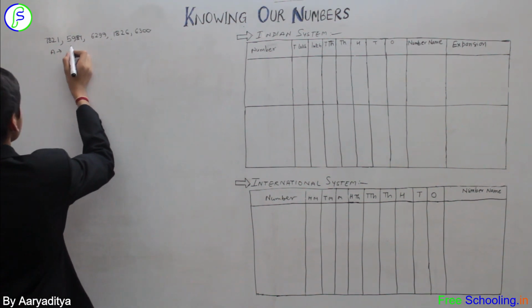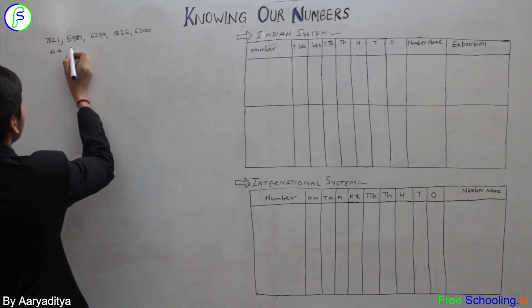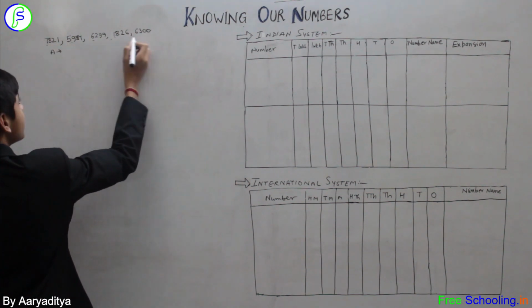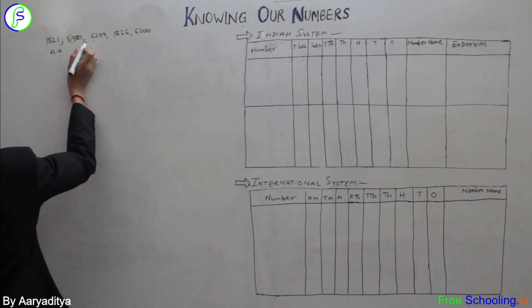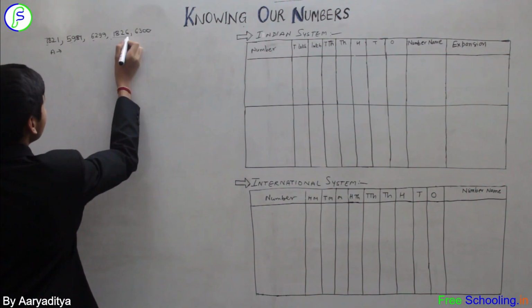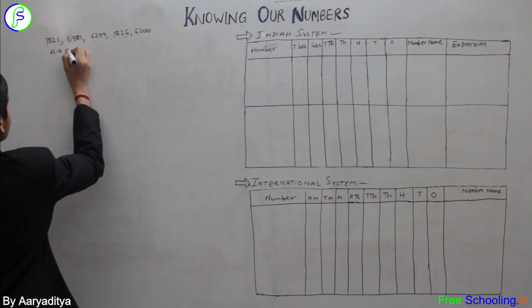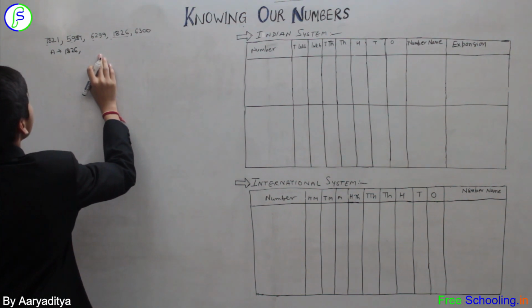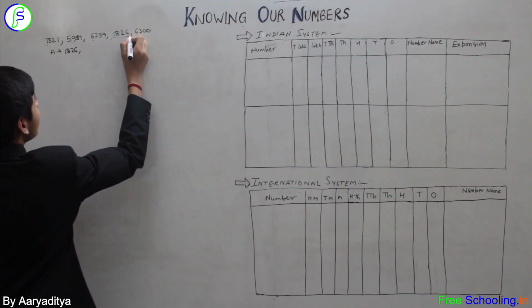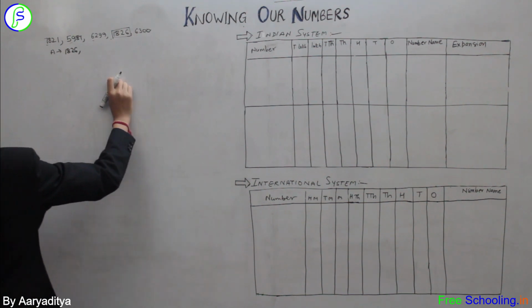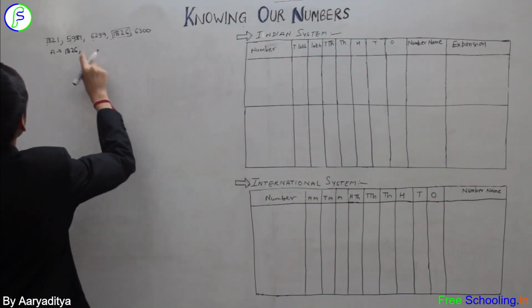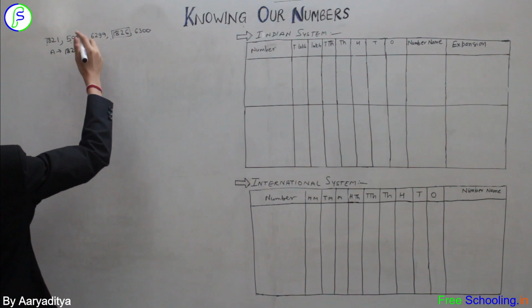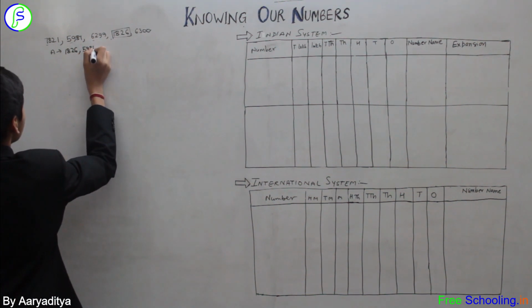So which is the smallest among them? Seeing the leftmost digit of each number, we have 1, 5, 7, 6, 6. So by seeing the leftmost digit of each number, we see that 1826 is the smallest among them all. So we write 1826 first. Now let us think that this one has been eliminated, and in the rest of the given numbers, we see the leftmost digits: 7, 5, 6, and again 6. So 5 is the smallest, and 5981 would be written next in the sequence.